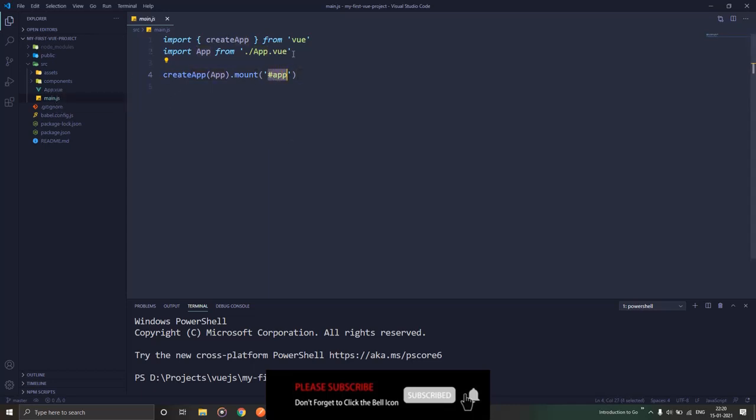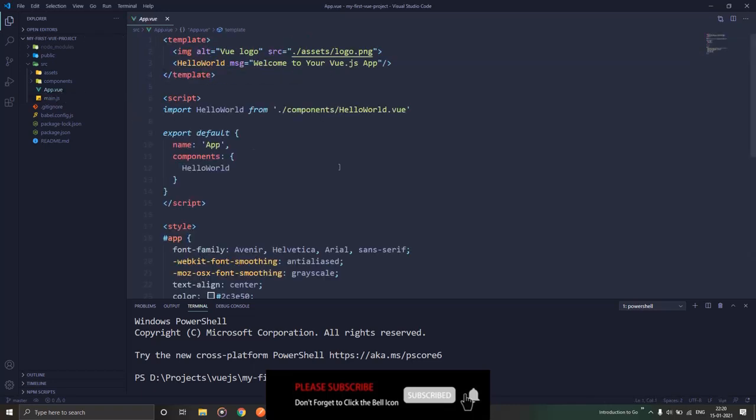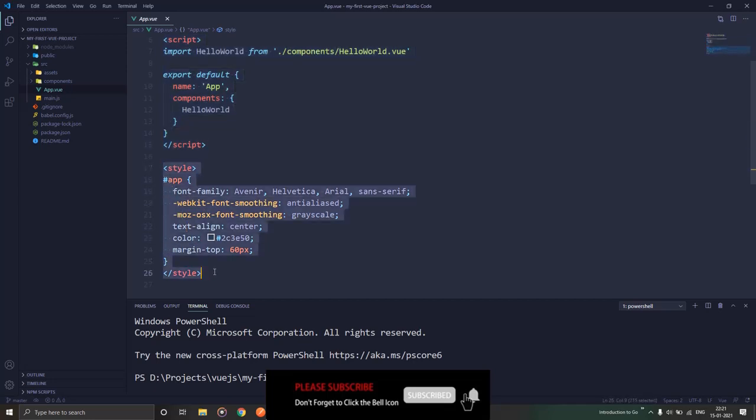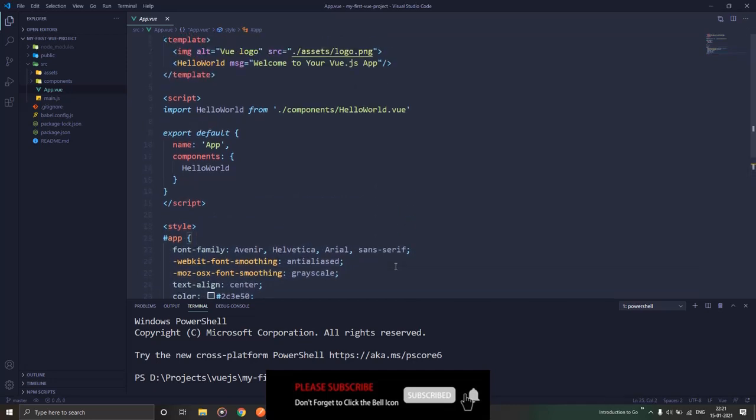Now the app component that it is mounting contains the HTML and JS code that will be controlling the functionality of the complete Vue application, the complete component. This app component contains three major sections. Namely, template, which is the HTML template that goes in. Then the script, which contains the JavaScript code or the Vue.js code that will be controlling the HTML. Then there is a styles section which contains all the CSS that belongs to this particular component itself.